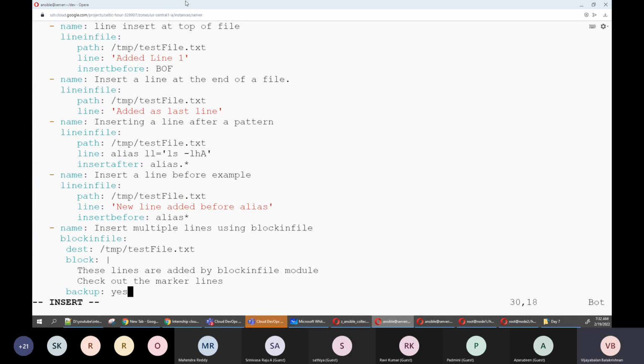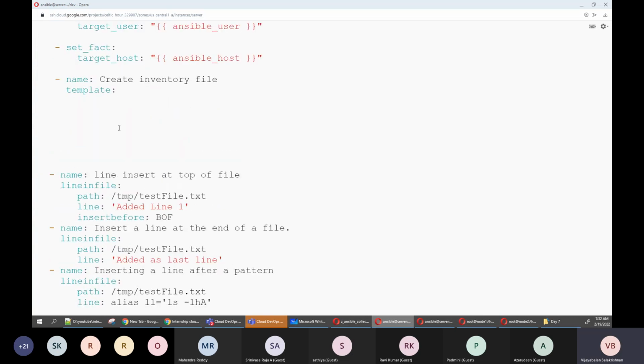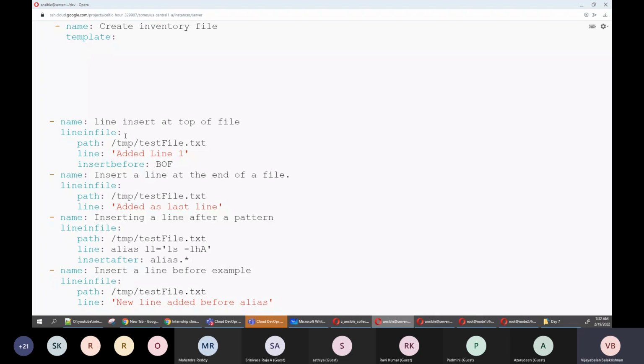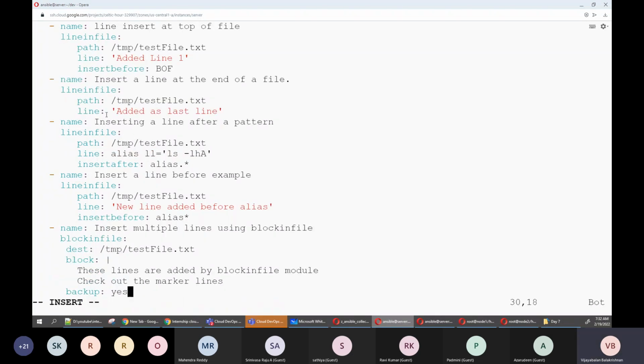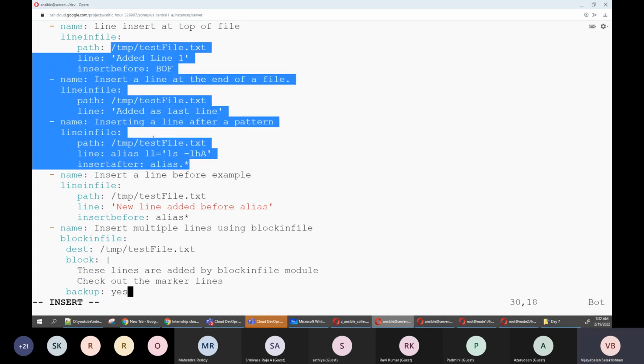If I directly go into insert mode, sometimes when you copy from the internet, the indentation is not proper. So always go with set paste, then go to insert mode, and then paste it.